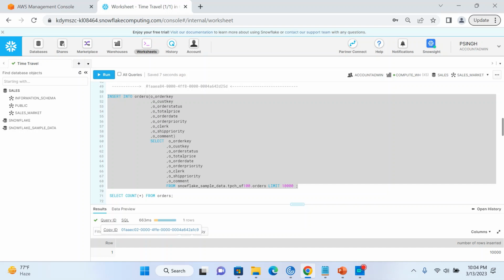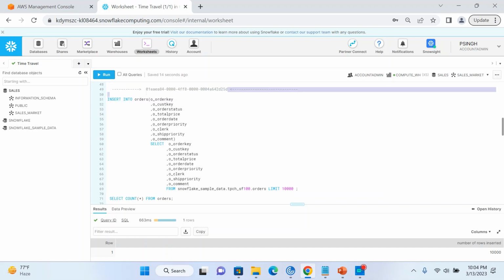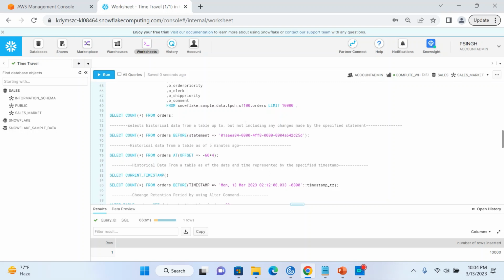Copy this query ID. Now paste this query ID. Now execute this query. It gives 10,000 records because before executing the second insert query, we have 10,000 records